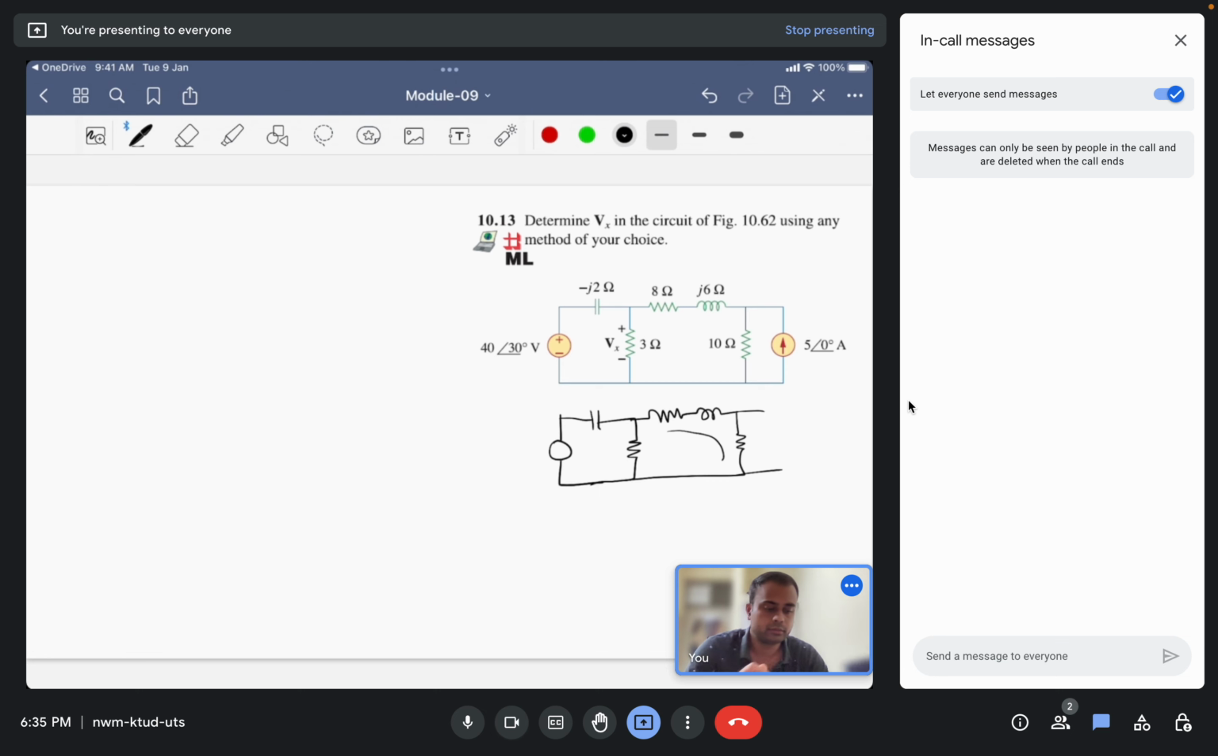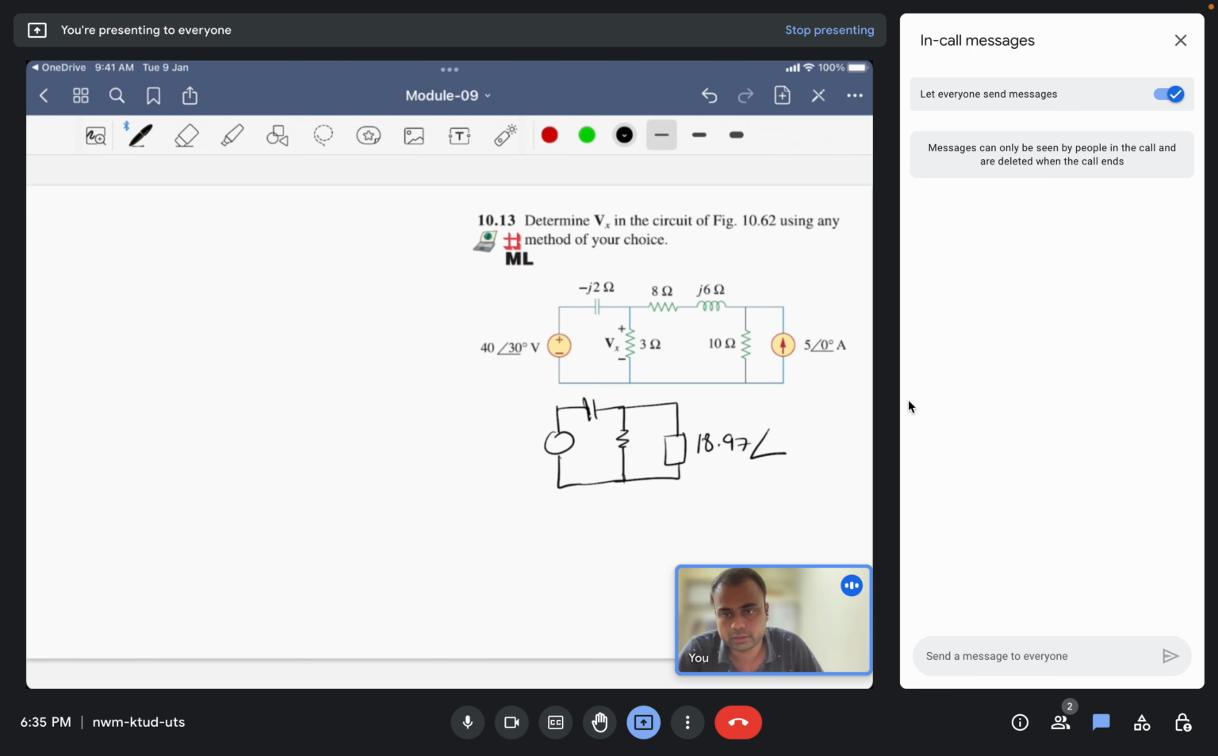So 8 plus 10, 18 plus 6j. It's 19. Okay. So to simplify the circuit further, we have a source connected to a capacitor, resistor, and a load, that is 18.97 angle 18.43. This is the only voltage source, so we can